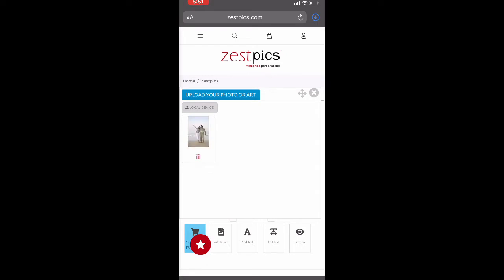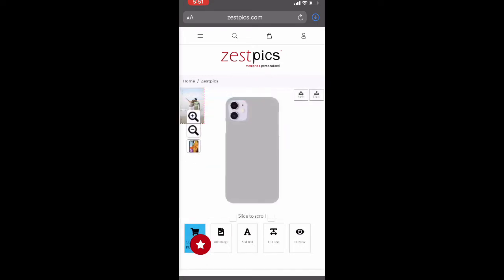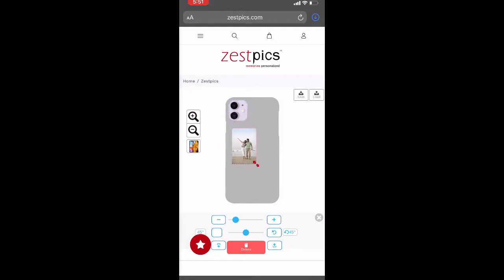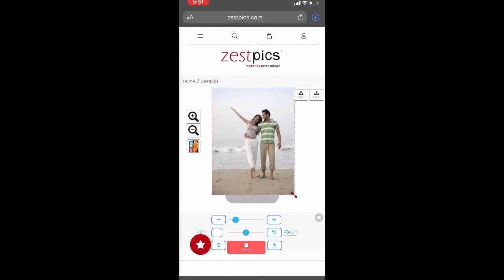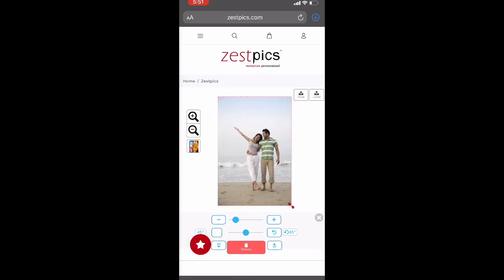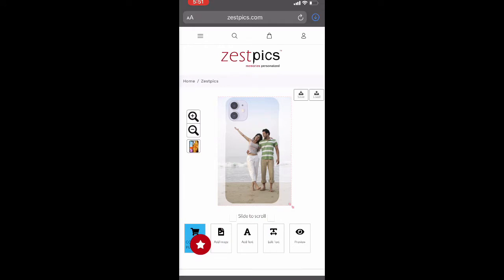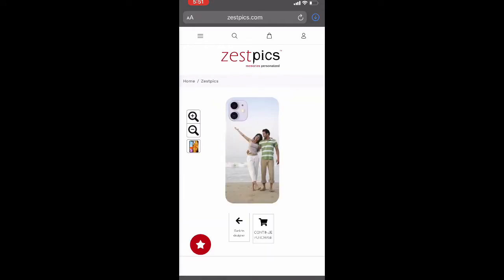Once the photograph is loaded, you can just click on the photograph. It gets placed over here on this page. You can just select the photograph and drag over here. And you can also pinch zoom here as per your convenience. See how I am doing it. Once it's done, click the cross mark. You can just see the preview over here. This is how the art photograph looks on the case.